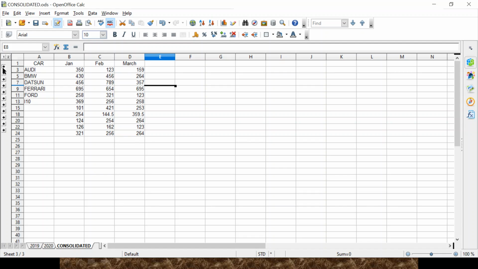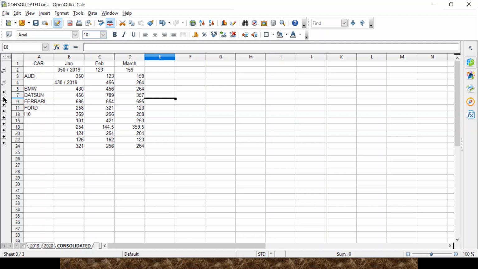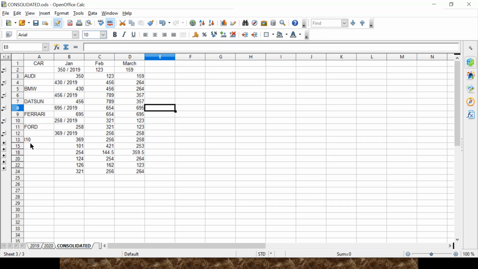And if we click on the plus sign, means we are expanding right now, the reading of data becomes very difficult, isn't it? है ना मुश्किल? What it is showing? It's showing the data year wise. पहले 2019 के सारे data दिखाए हैं, फिर 2020 के row wise it is showing. तो reading of your data becomes very difficult.